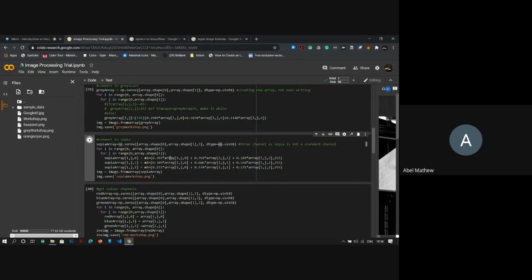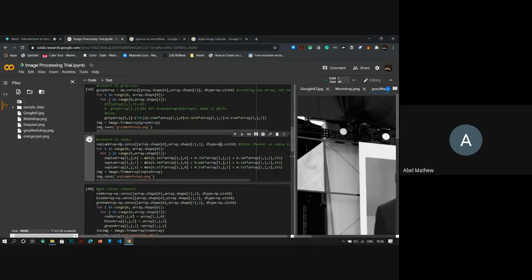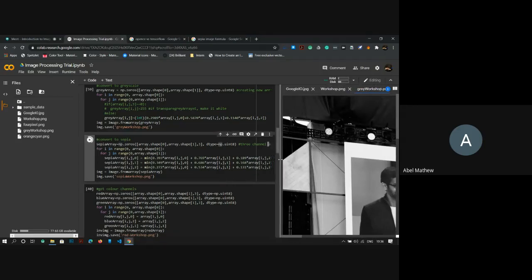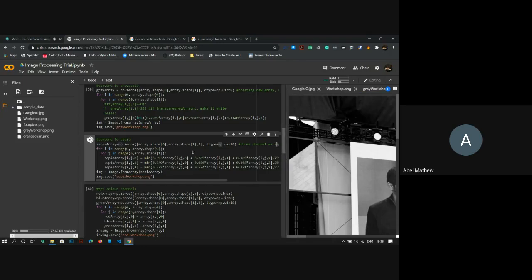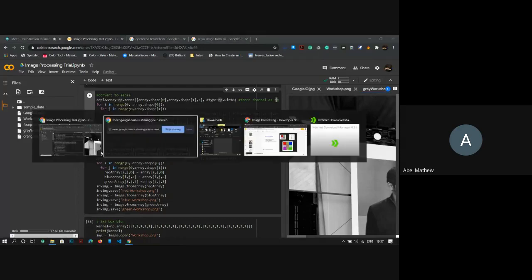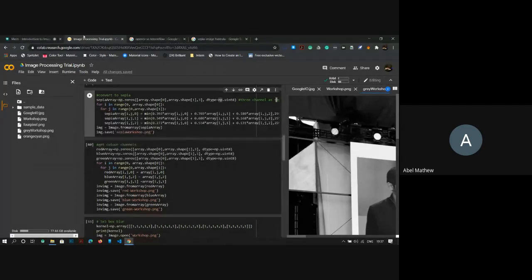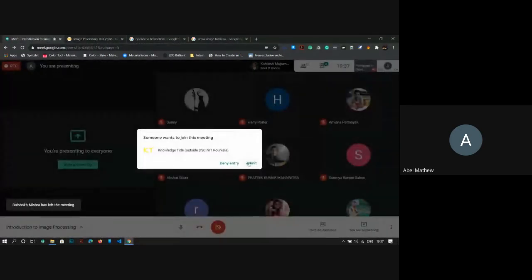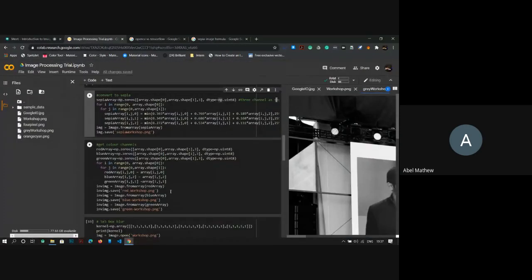So technically this should work. Let us see, or else we'll have to find out. As mentioned, we have 3 color channels. So this particular section of code, I'll explain. Sepia thing is done.